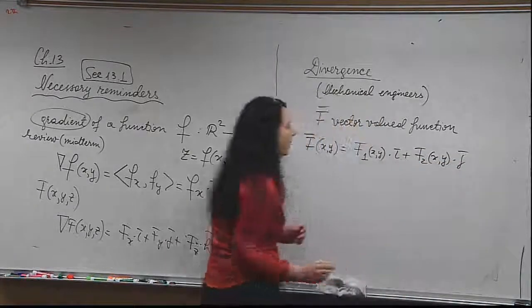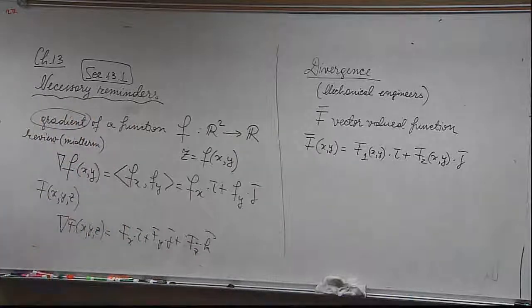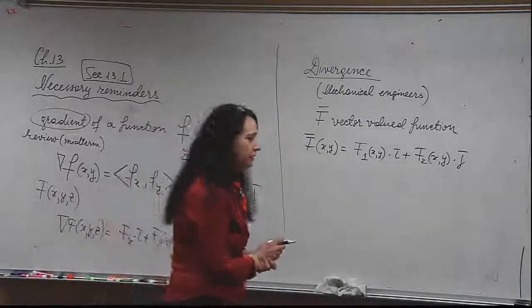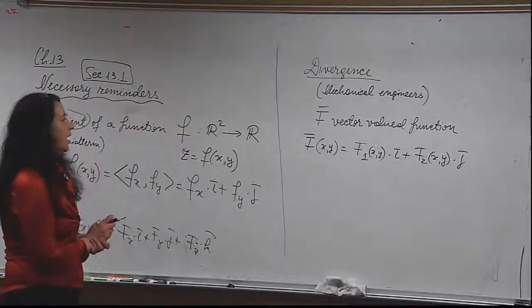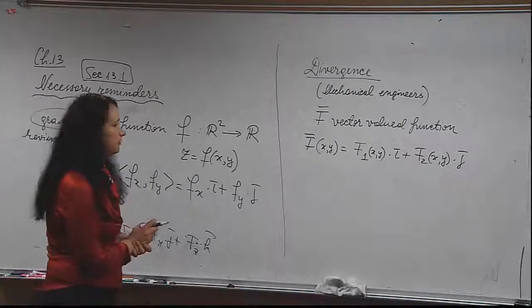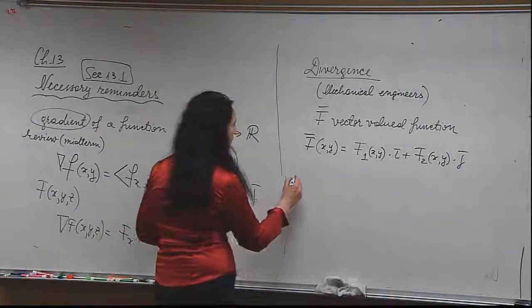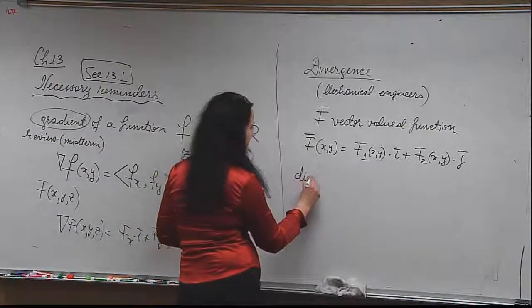And one of you actually showed me a course in mechanics, where you were using divergence, and I feel bad that I was not the first, maybe for some of you I'm not the first to tell you what divergence means. Divergence of f,